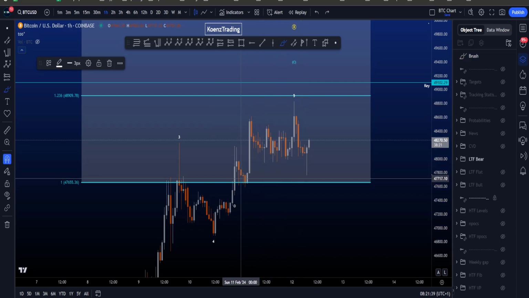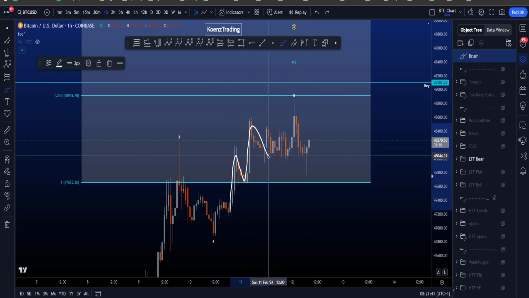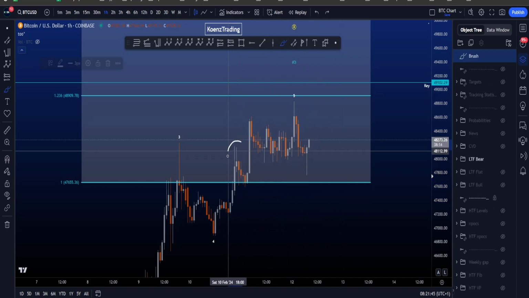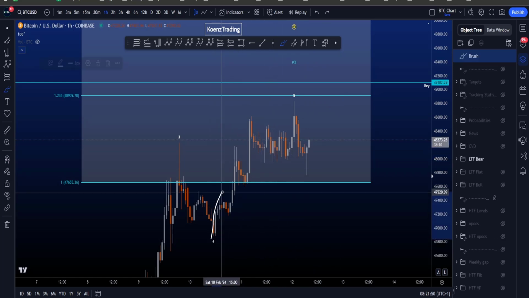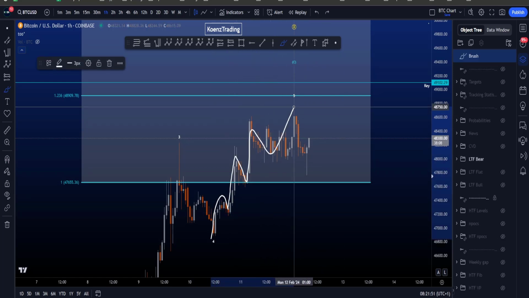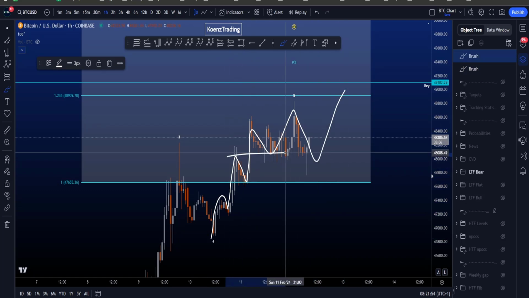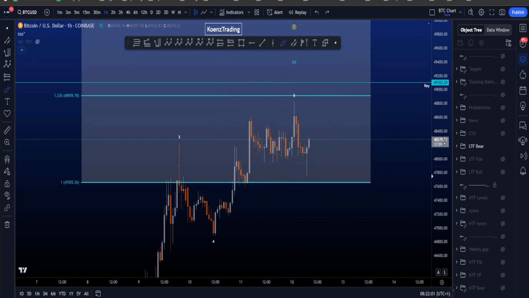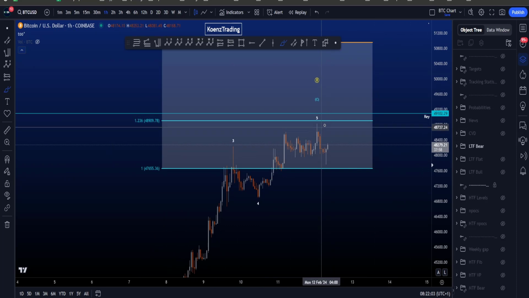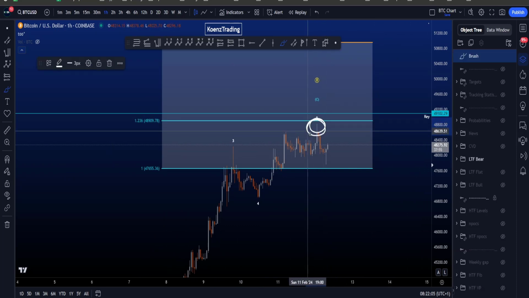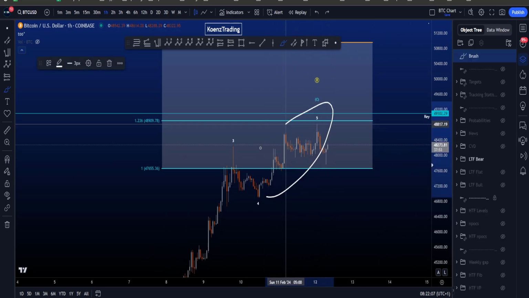The problem is that now in this second 1, 2, 3, 4, and then a 5, and then another 4 and 5, what we're looking for is that there's overlap here between the second wave 1 and wave 4, right? 1, 2, 1, 2, 3, 4, 5, 4, 5. Overlap over here between the second wave 1 and the first wave 4, which invalidates an impulsive structure. So therefore at the moment probabilities are low that this high here is the end of an impulsive structure to